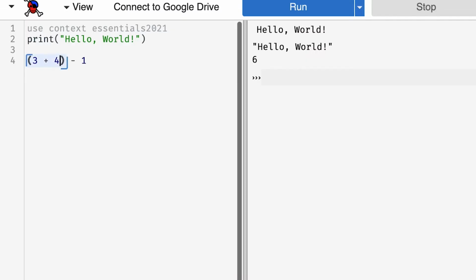Let's assign this value to a number. I'm going to call this info. So I've stored this value in a variable called info, and I'm going to print my variable. So now when I run this,